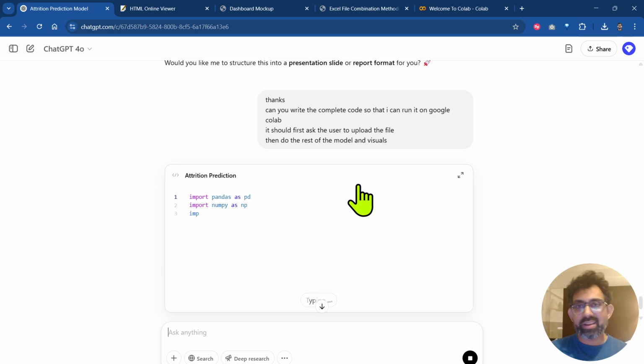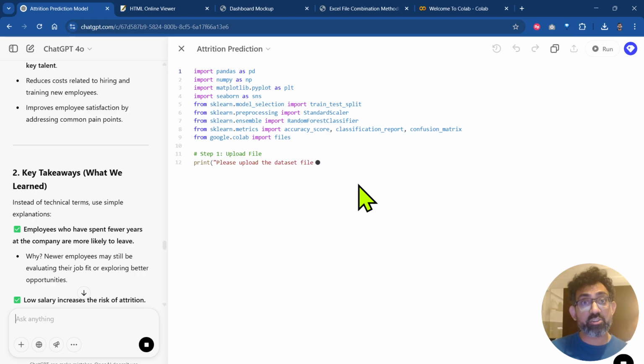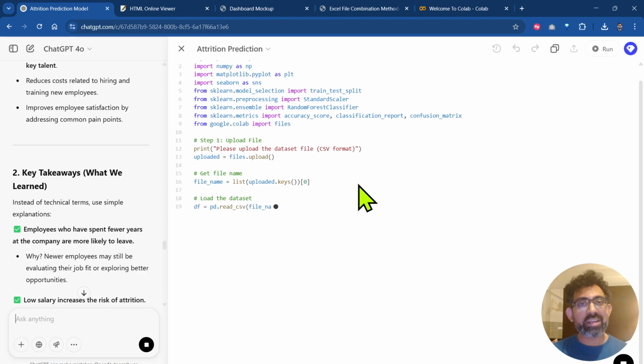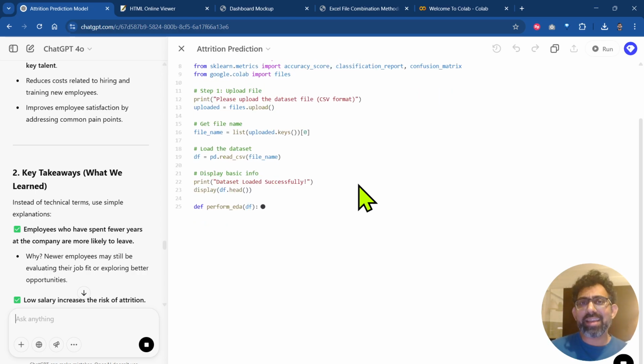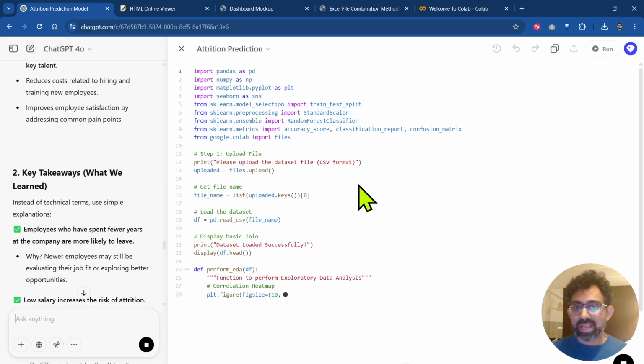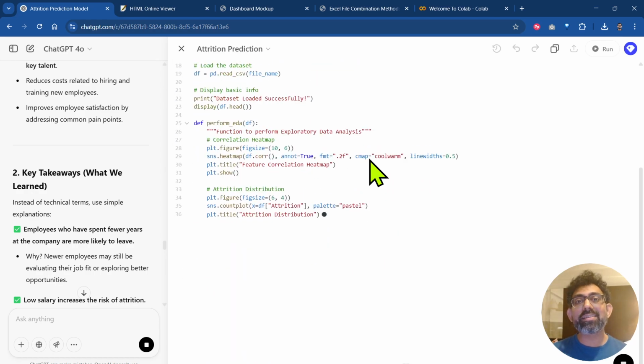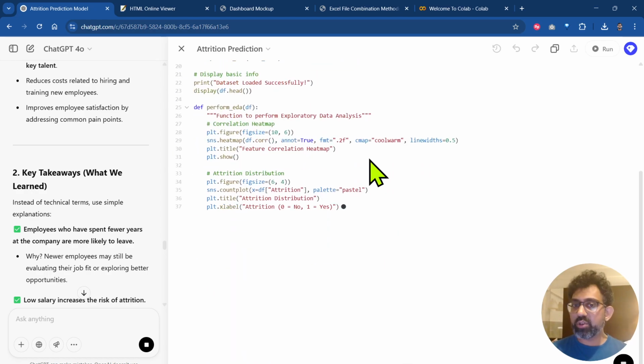So all of this was running within the ChatGPT environment, and of course ChatGPT can run it really well, as you saw. We also want the ability to run it on Google Colab, which is a great environment and a free environment to run machine learning code on. So as you can see, it is just making the necessary changes. For example, it has added a step for uploading the file, which was not there in ChatGPT because we had added it directly. So we'll wait for it to complete.